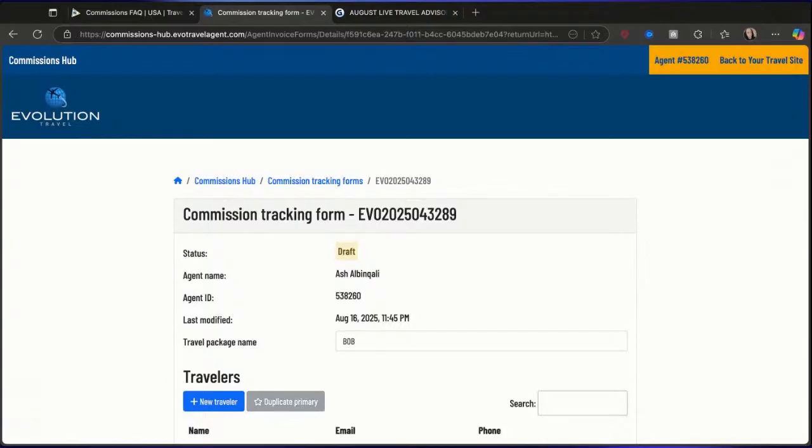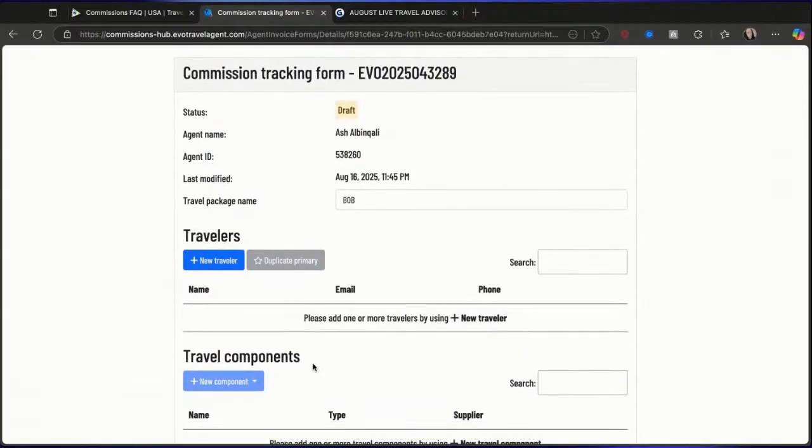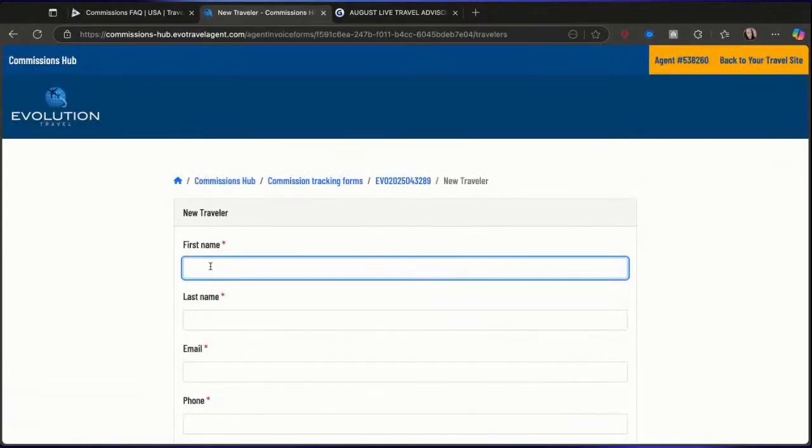Now, we have it set up. Here's all my stuff. There's a travel package name. If you have a client that you've added in before, you can technically search them. But today we're just going to do a new traveler so then we can build the actual components of the commission tracking form. So, new traveler, we're going to do Bob,